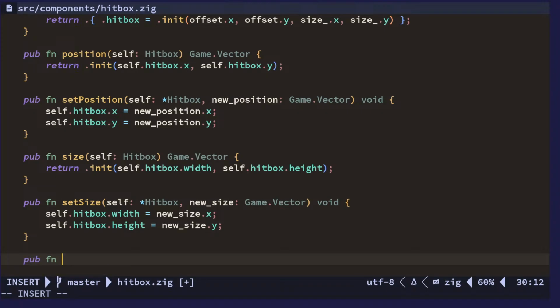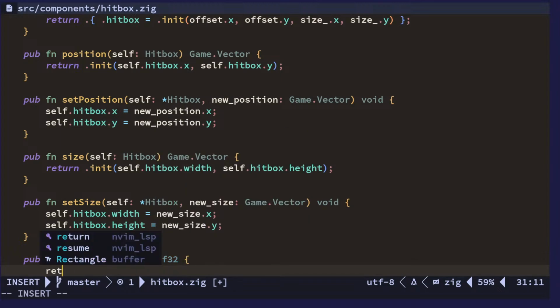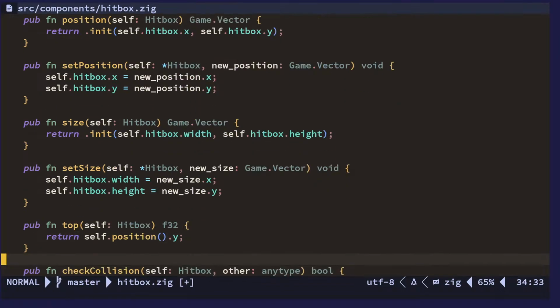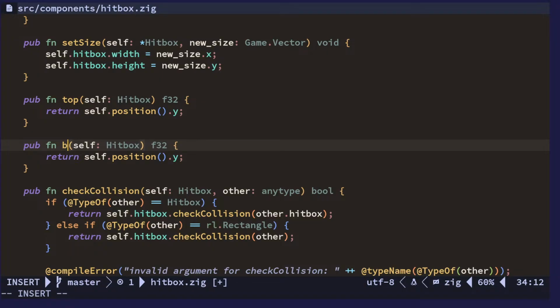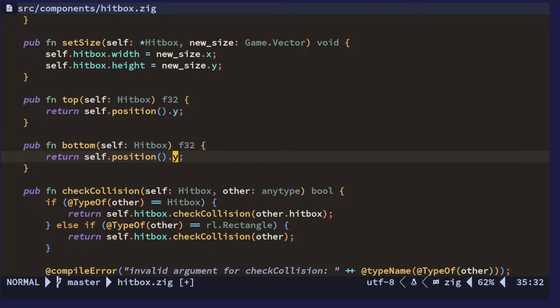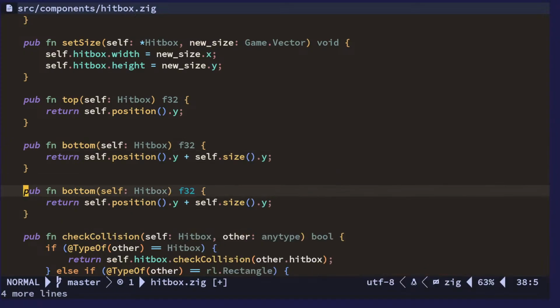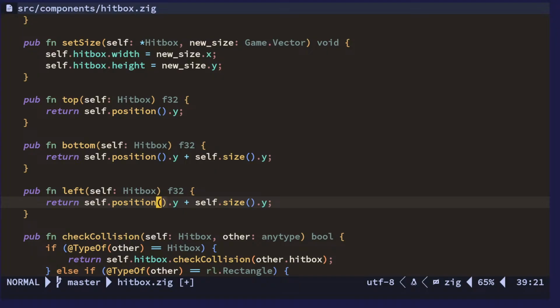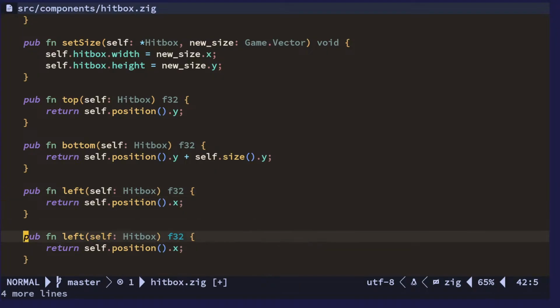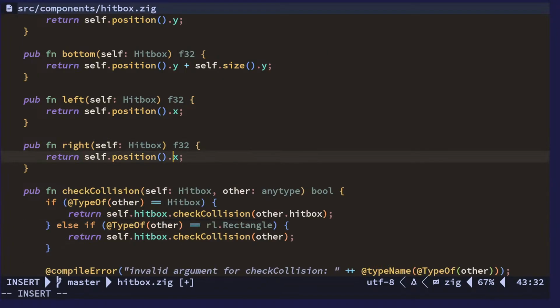Let's get top. It's just going to be position X, Y, I mean. Bottom is Y plus size. Left is X. And right is